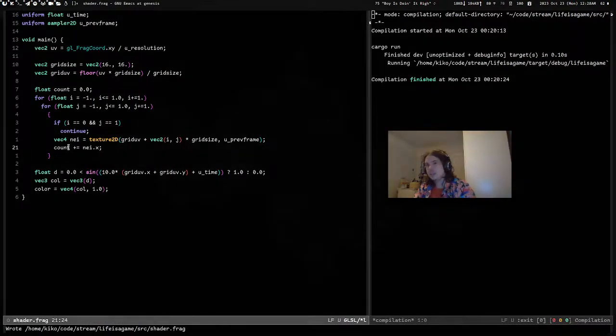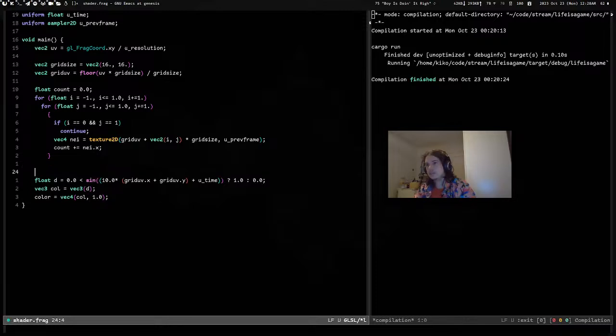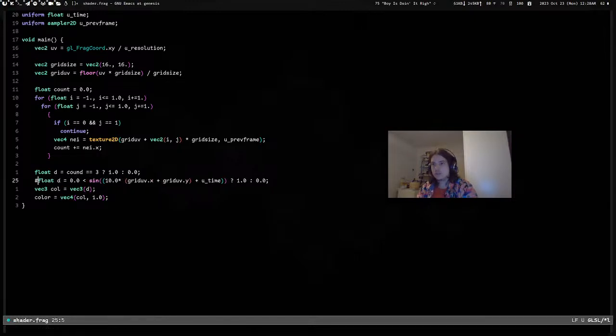And now we have the count of the neighbors, right? So then if count is 3, what will we do if count is 3? We want the cell to be alive, so this float D will actually be, I'm using way too much of these statements, I do realize that, but also I don't really care. So now